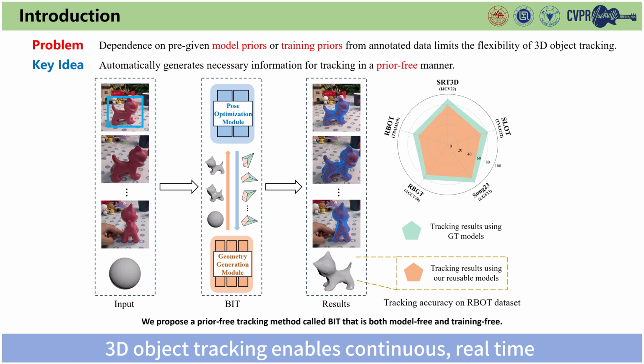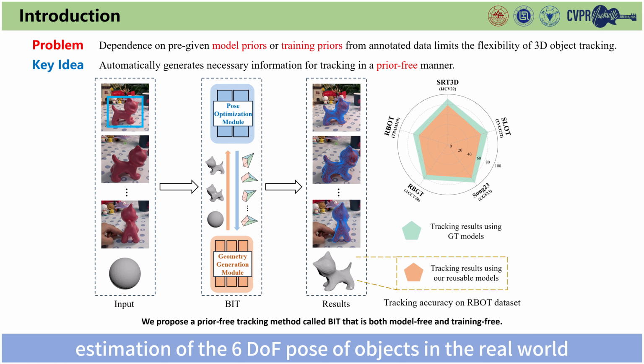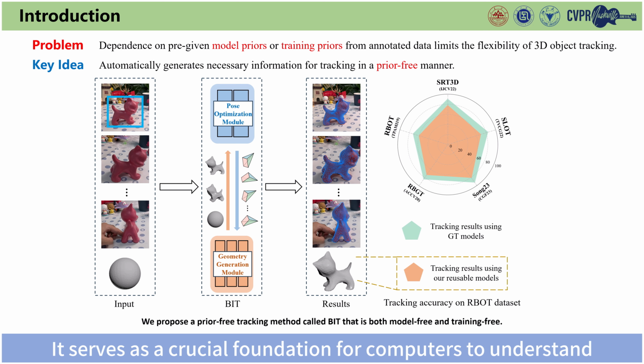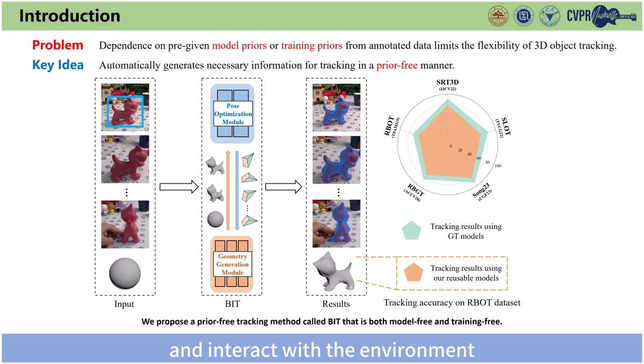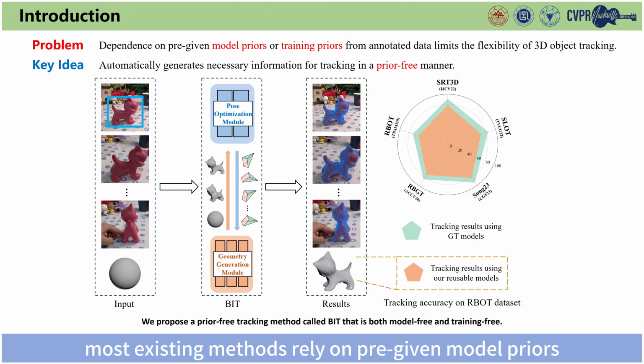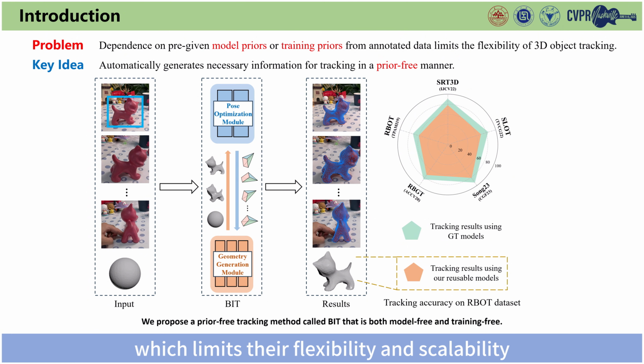3D object tracking enables continuous, real-time estimation of the 6DOF pose of objects in the real world. It serves as a crucial foundation for computers to understand and interact with the environment. However, most existing methods rely on pre-given model priors or training priors learned from annotated datasets, which limits their flexibility